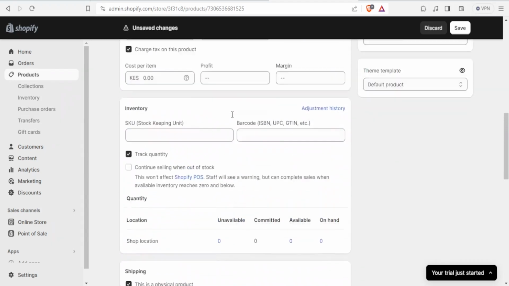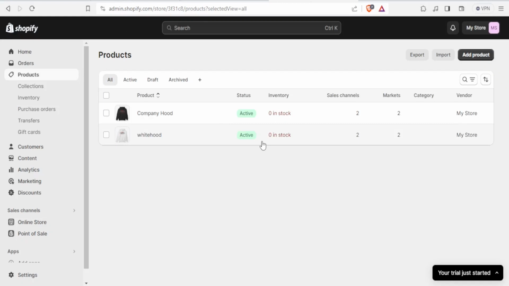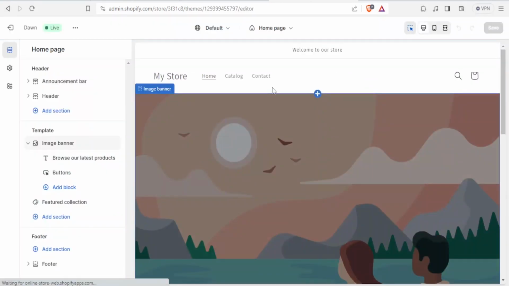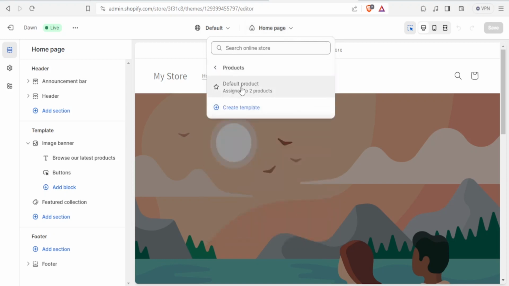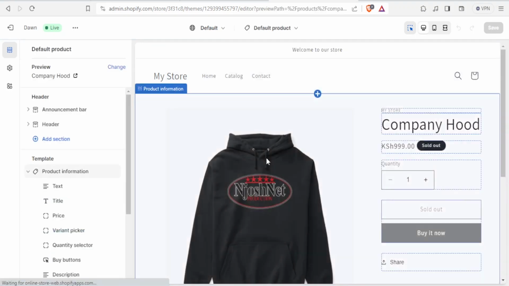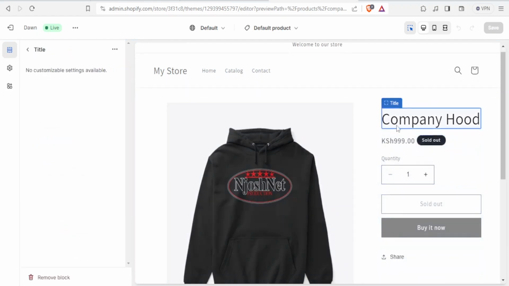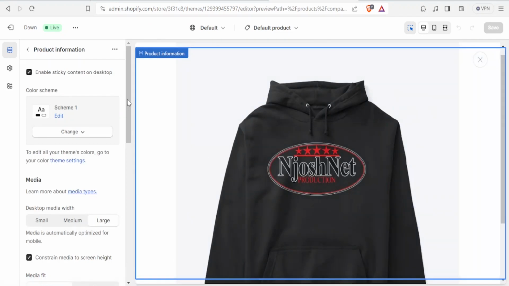I'm going back to my products here, and I'll just leave the page. I don't want to save that. So I have the company hood. If I click on the company hood, then at the top here you need to customize a certain part. In this case, we just want to customize our product page, so that's what I'm going to select, products. And then I go to my products here. I want to customize the custom fields for this hood, which we are calling the company hood here. So we want to customize these fields here. So to do that,